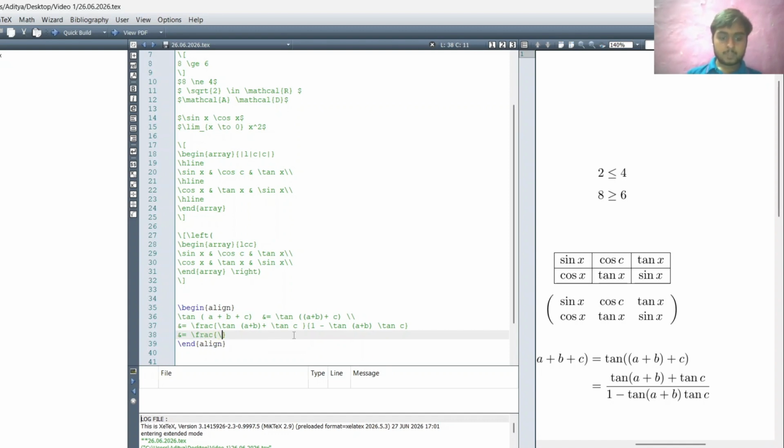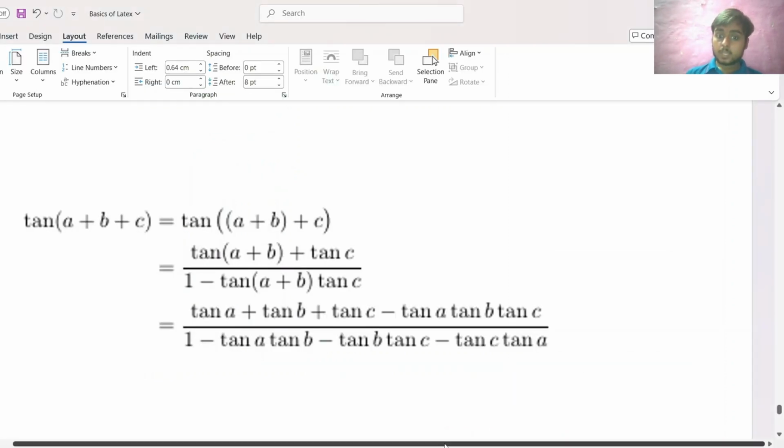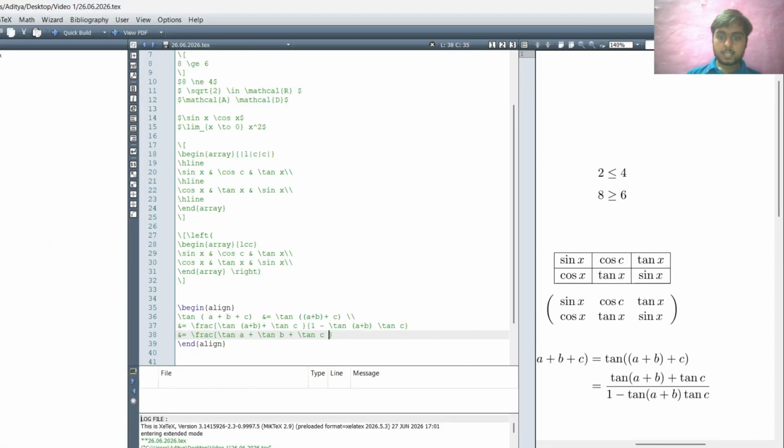So tan a plus tan b plus tan c minus tan a tan b tan c.